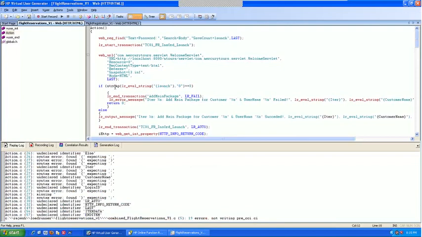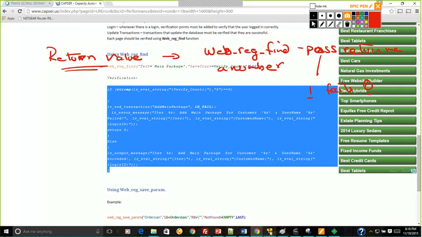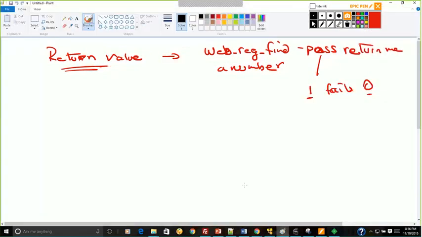So I'll take the string compare, similar to what we did in QTP. I will say strcmp of, now what is string 1? This is string 1, comma,